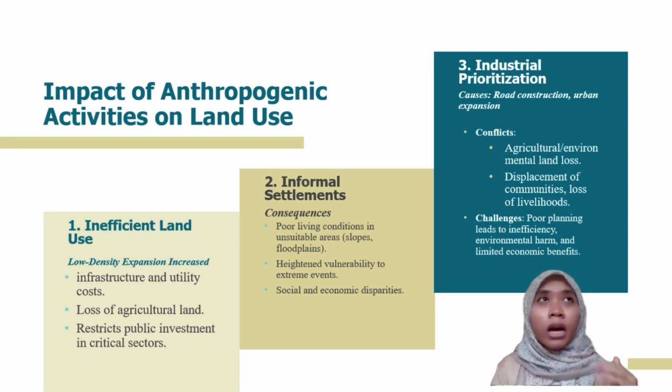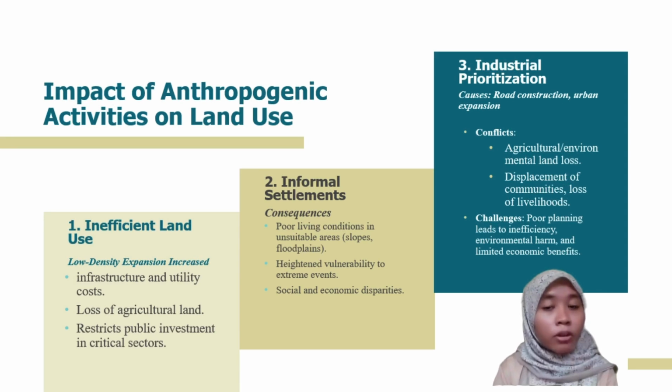When cities can't meet housing demands, informal settlements spring up in unsafe areas like floodplains and steep slopes. These communities face poor living conditions and are highly vulnerable to disaster. Beyond the human toll, these irregular patterns weaken urban economies and deepen divides between the privileged and the marginalized, stalling